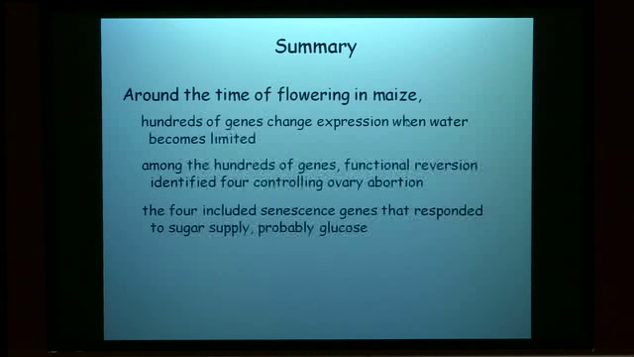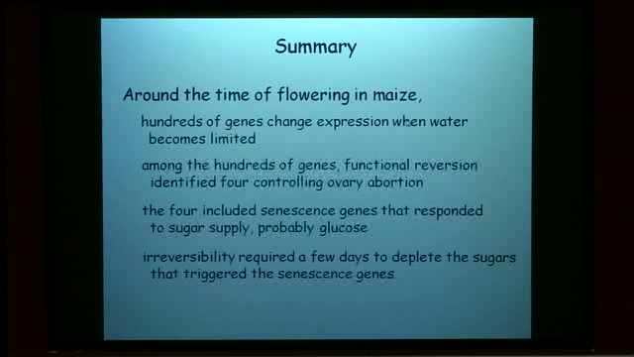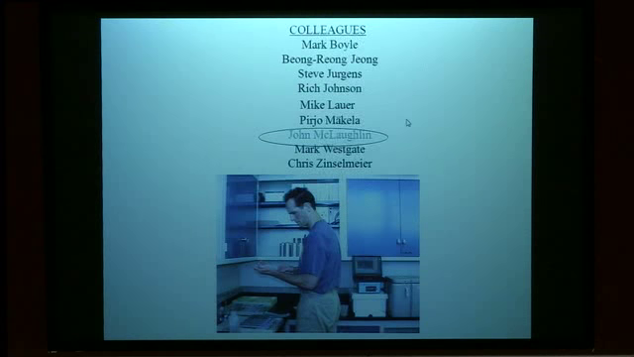The 4 include senescence genes that respond to sugar supply, probably glucose. The irreversibility is a later step in this whole process. It required a few days, and it wasn't until sugars were depleted in the developing structures that the senescence genes were triggered. Well, that's what we know about this system,